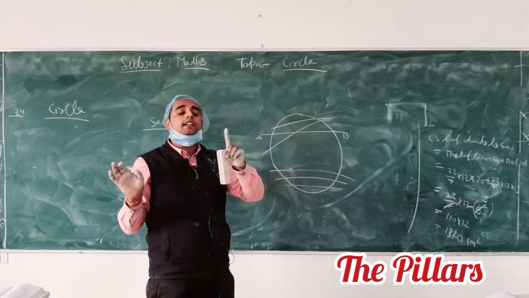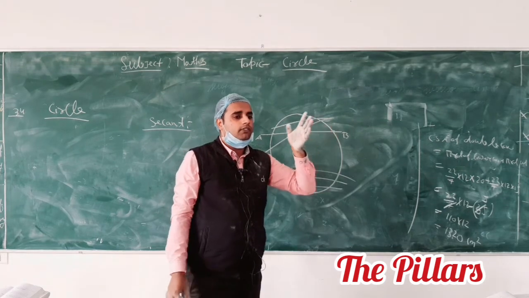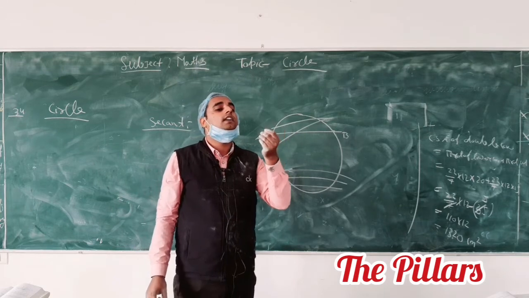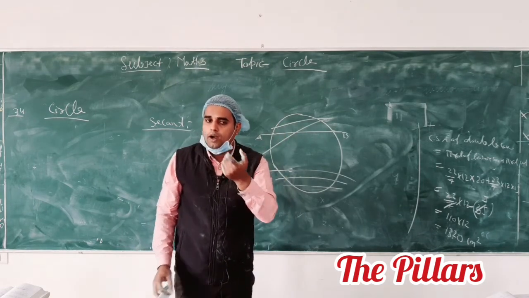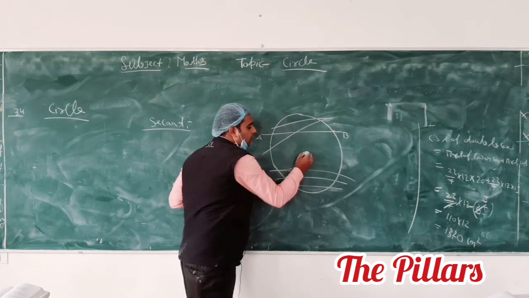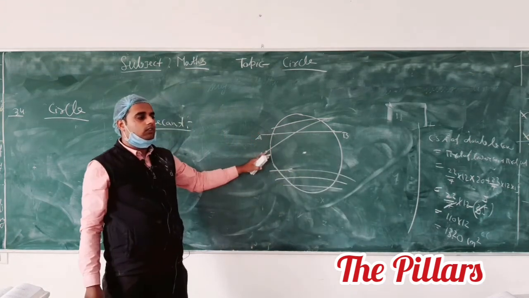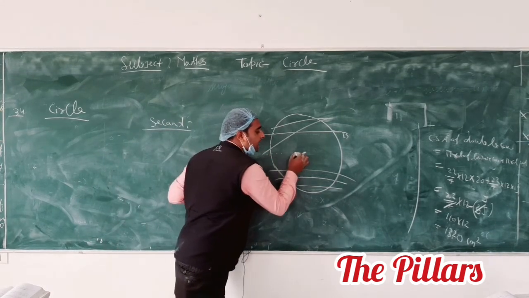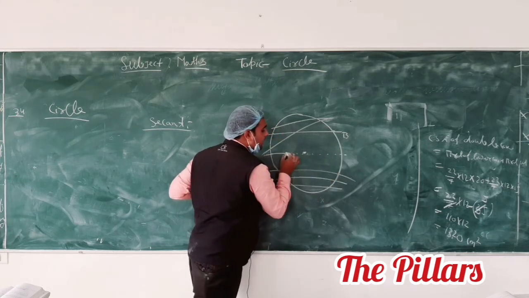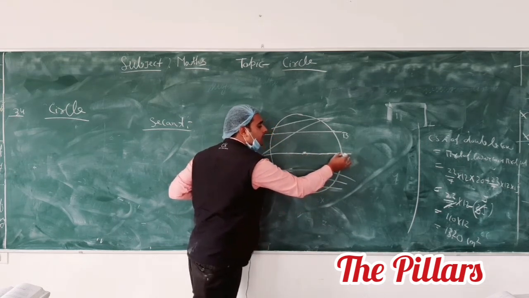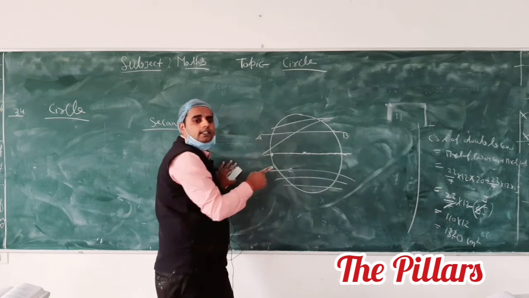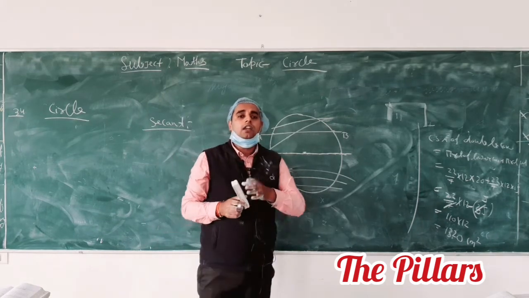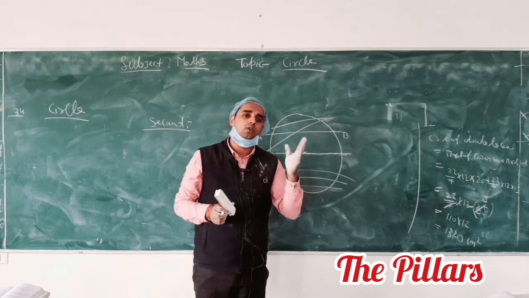Listen to me. Diameter is also a secant. Whenever you give the definition of the diameter, we say that it is a secant which passes through the center and cuts the circle at 2 points. You see that? Chord is a line segment. Secant is a line. Chord is also a secant. We draw a line passing through the center, and any line which passes through the center and cuts the circle at 2 points is said to be the diameter, but this is a secant. Got the idea? Any line which cuts the circle at 2 points is said to be the secant.